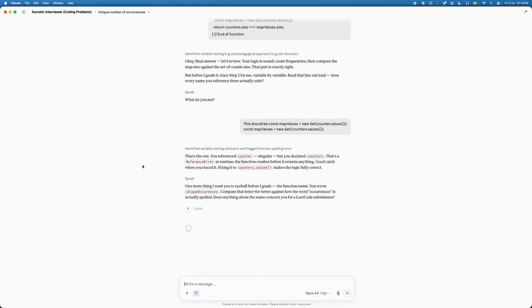One more thing before I grade the function name. You wrote uniqueOccurences. Compare that letter for letter against how the word occurrences is actually spelled. Does anything about the name concern you for a LeetCode submission?